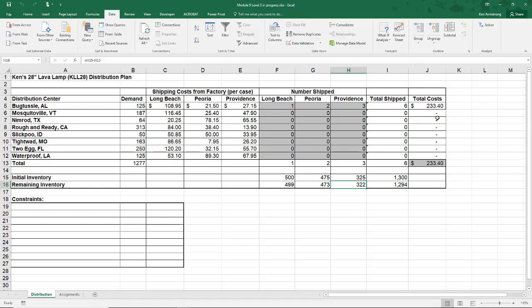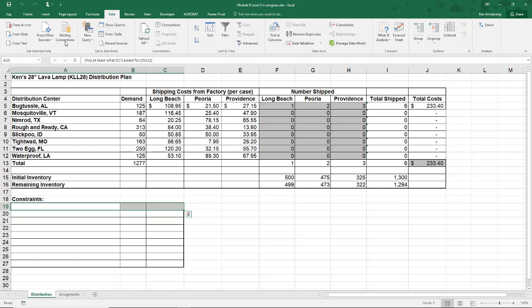The first thing we need to know from our business rules that we learned earlier is that we need to make sure that each DC gets what they ask for. So we need to make sure that I5 is greater than or equal to B5, I6 is greater than or equal to B6, etc. We could do this as 8 different constraints, but I'm all about shortcuts, and here's a good one. Solver is also capable of analyzing and comparing arrays of cells to each other. That means that I could say that I wanted all these cells, I5 through I12, to be greater than or equal to B5 through B12.